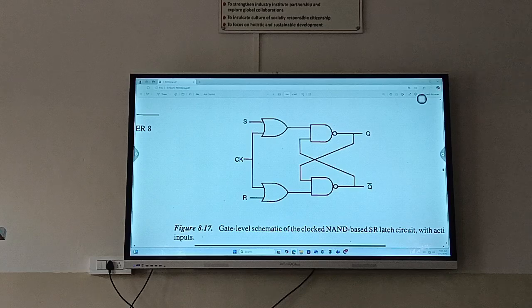See, finally, for an SR latch, if your set is 1,